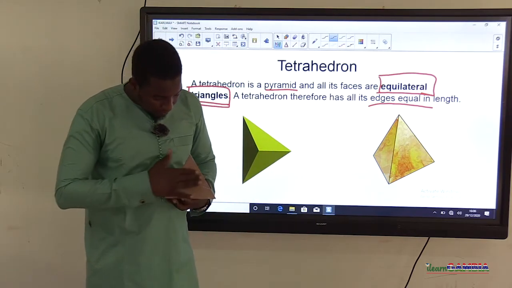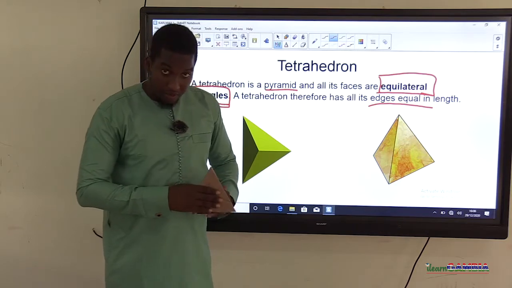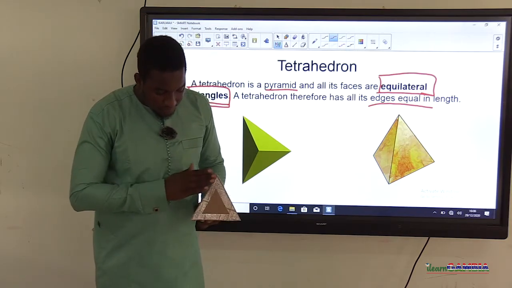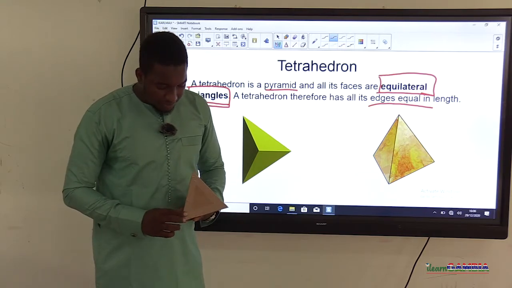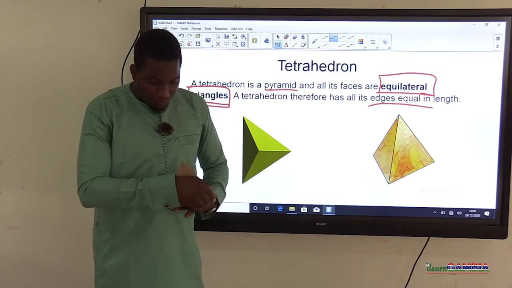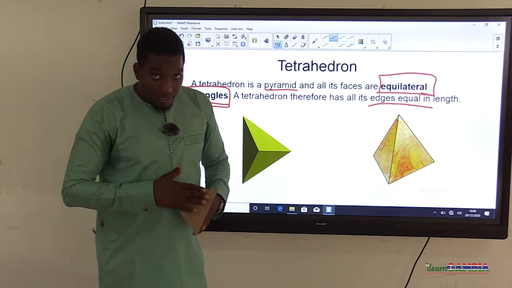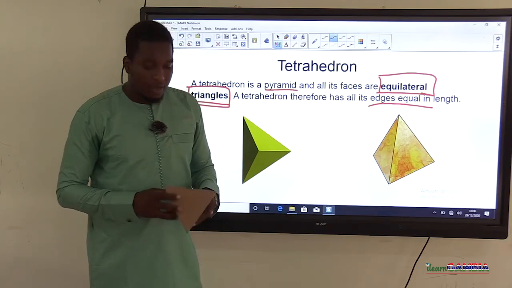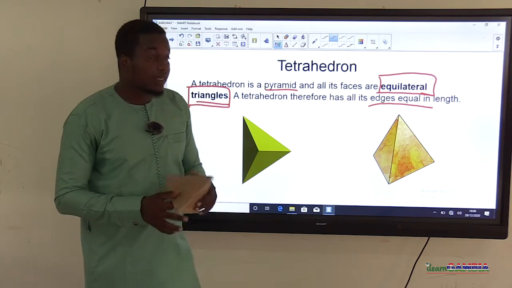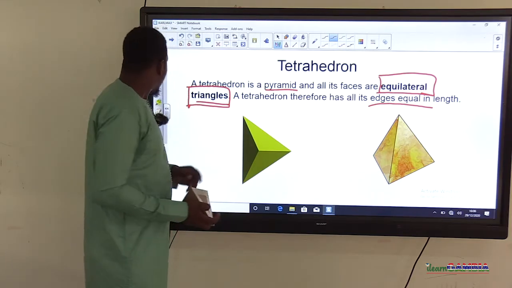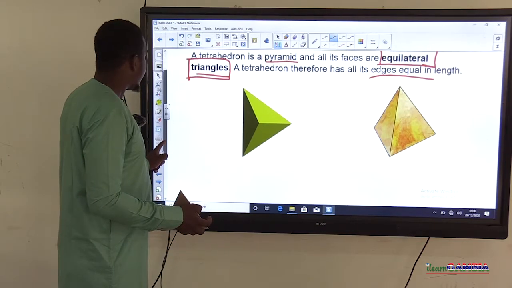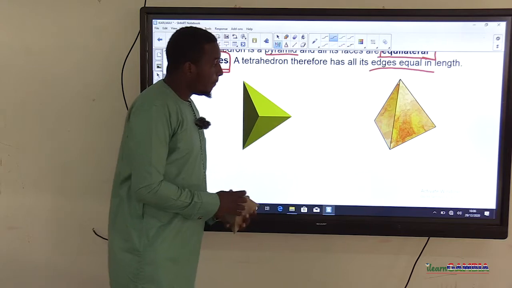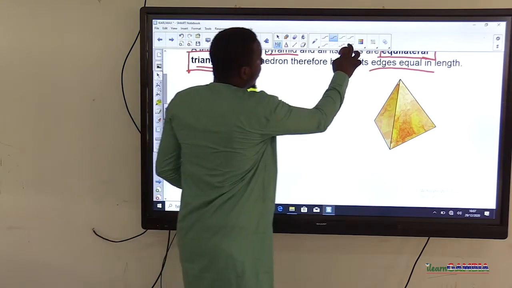So when we look at this face here and we call it an equilateral triangle, what we are saying technically is that all the sides of this face are equal. And we look at another face here, all the sides of this other face are also equal. When we look at this other face as well, all the sides of the face are equal. That goes for all the sides in the tetrahedron. So you can see some of the pictures that we have here. They indicate that they are all